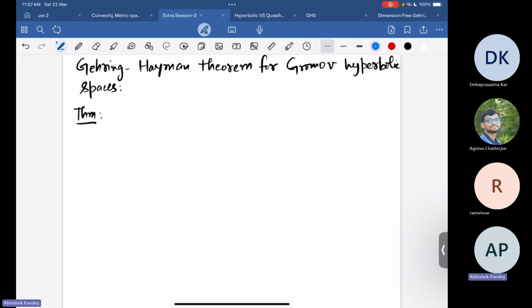Let X be a geodesic delta-hyperbolic space